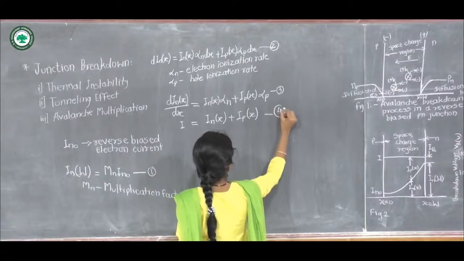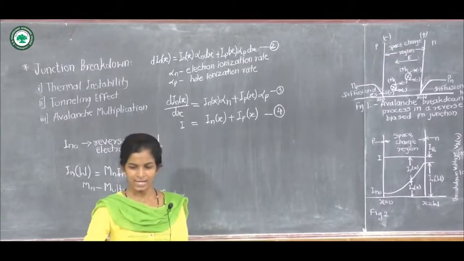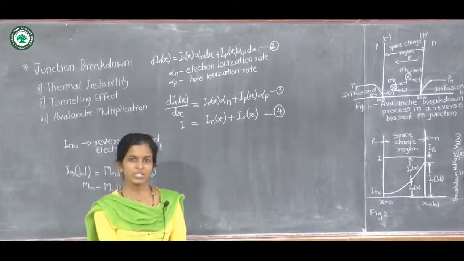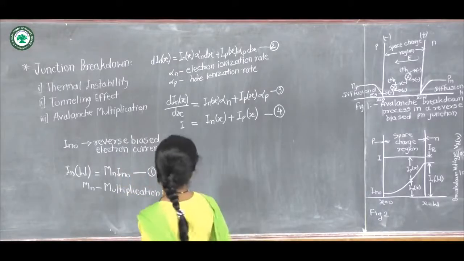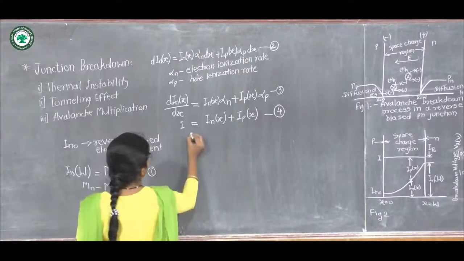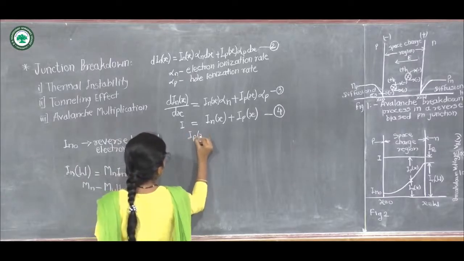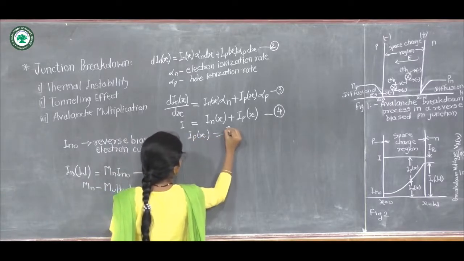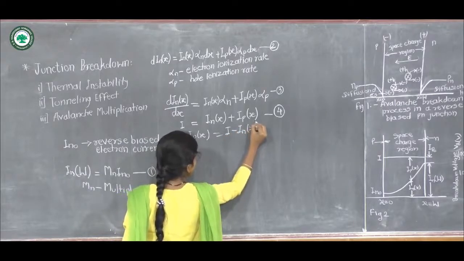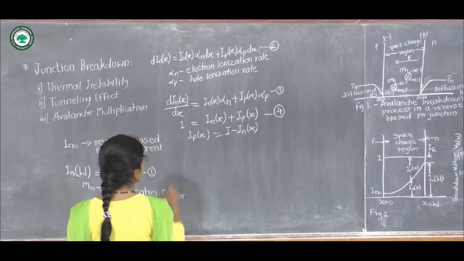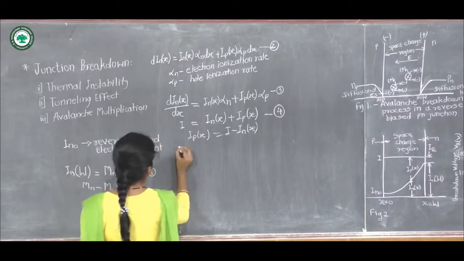So solving for IP of x and substituting it in equation number 3, we get, as from this we have IP of x is equal to I minus In of x, and by substituting this value of IP of x in equation number 3, we get